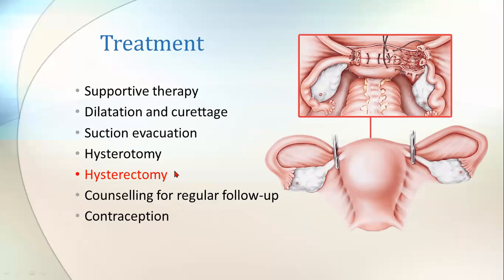Next, after all this, counseling for regular follow-up is very important. Then contraception should be given to the patient. Until the beta-HCG becomes negative, counsel her for barrier contraceptives. After the beta-HCG has become negative, counsel her for oral contraceptive pills. This is the most important question: which contraception is avoided in case of molar pregnancy? That is the intrauterine contraceptive device, because with an intrauterine device there will be irregular vaginal bleeding. The patient may think the bleeding is because of the contraceptive device, but sometimes she may also be suffering from choriocarcinoma. So one device which is contraindicated is the intrauterine contraceptive device.